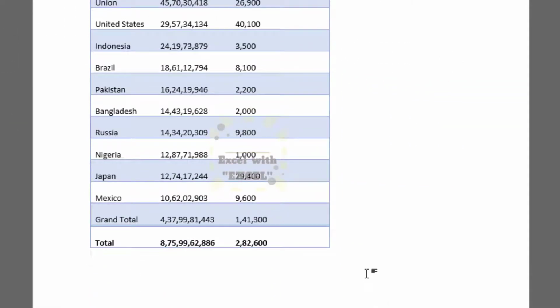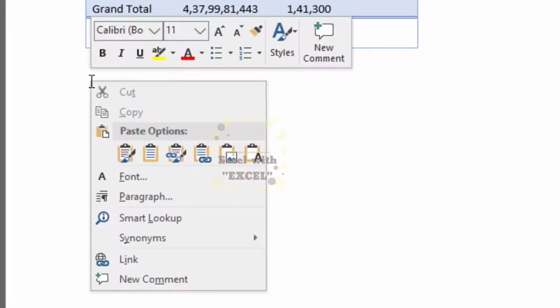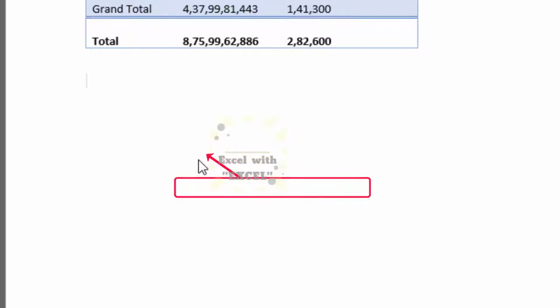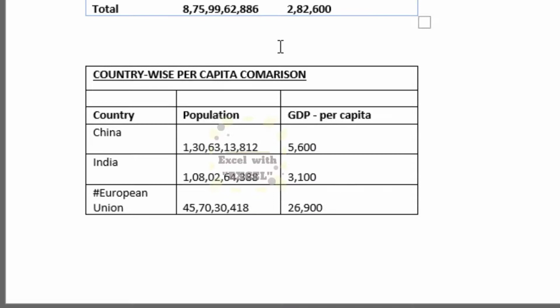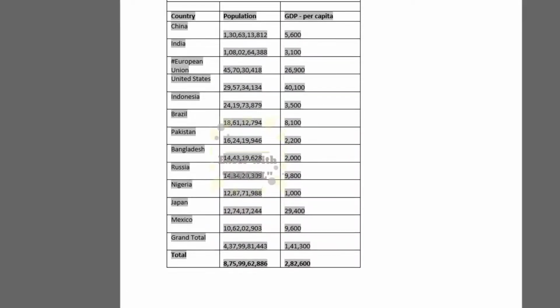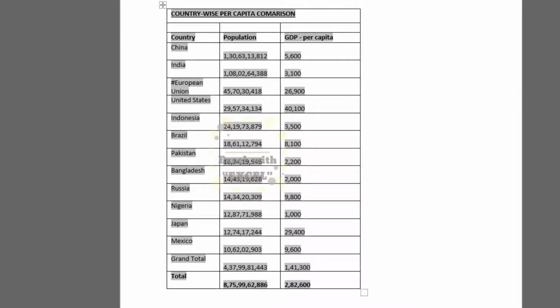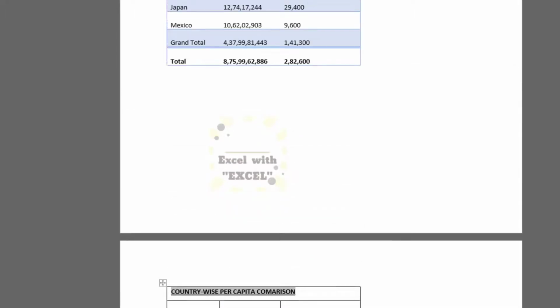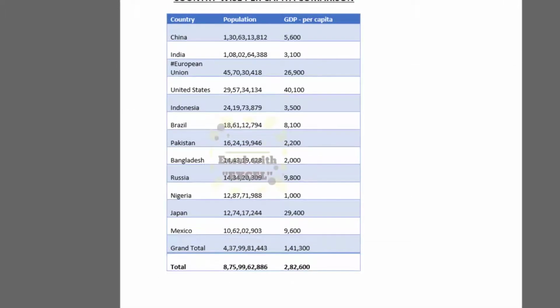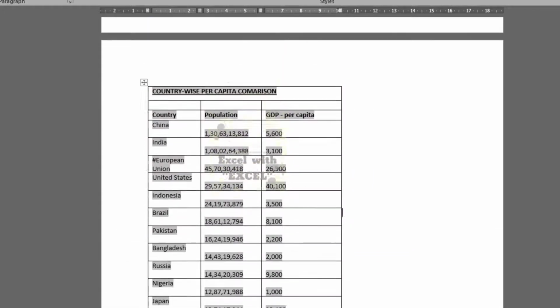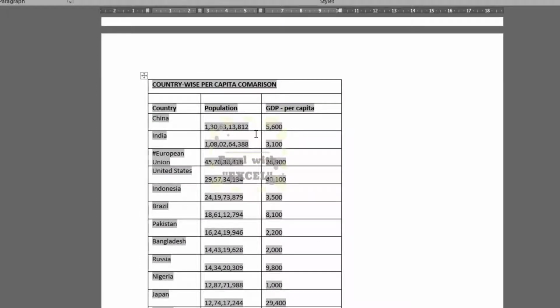Let's try it with the other example, that is, we just want to link the data, we don't want the formatting. So link and use destination style, that is a normal style. So I pasted this data here. Let's create some space here and I push it to the next page. So now here you see there is some strange background color that's coming up, but that's because of some of the Word settings. So now this looks more neat, more presentable than just having the link and no source formatting.